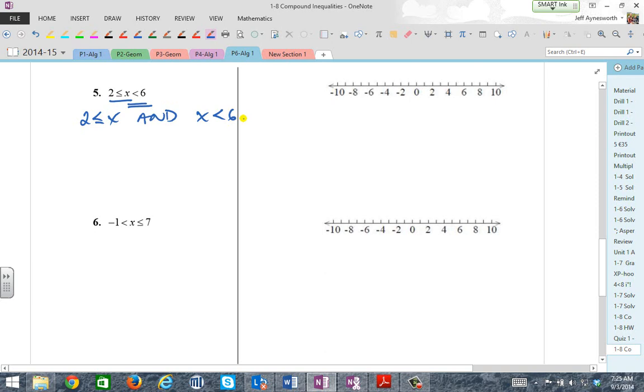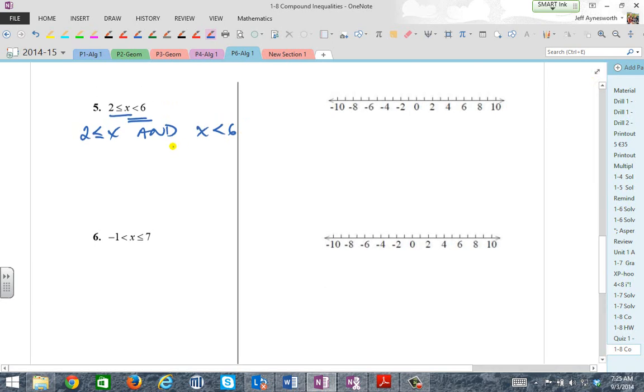And so what we're going to do is treat this inequality the same way we did the previous one. But you have to understand here, if 2 is less than or equal to x, that means x is greater than or equal to 2. It's very similar to this, so I'm going to make something up. If 5 is less than 6, that means 6 is greater than 5. So if you switch the inequality, you've got to switch not only the order, but the inequality itself. So if 2 is less than or equal to x, that means x is greater than or equal to 2,